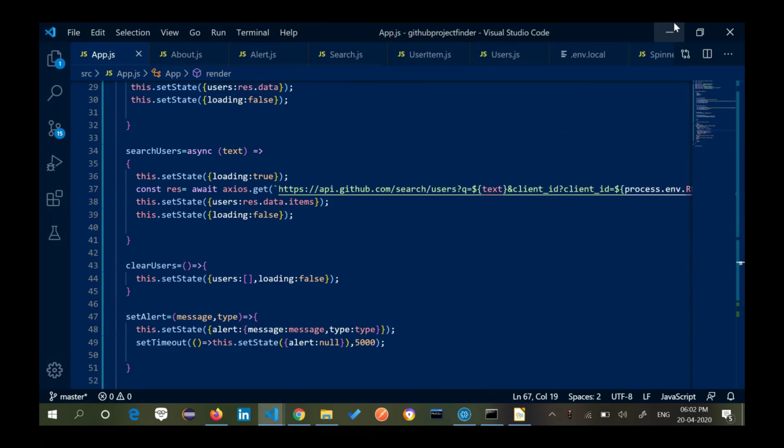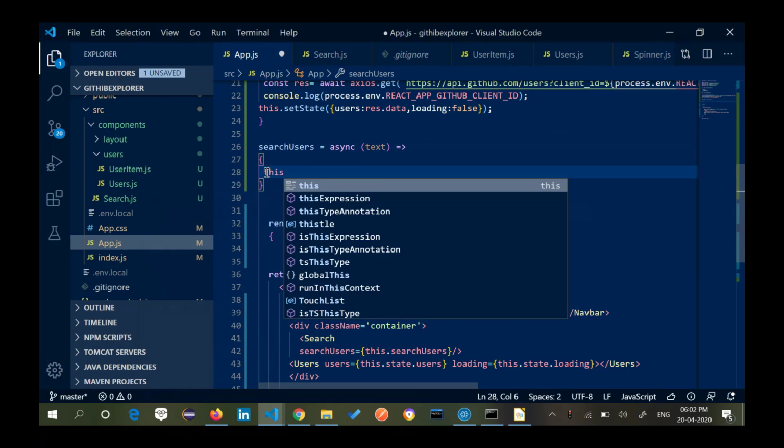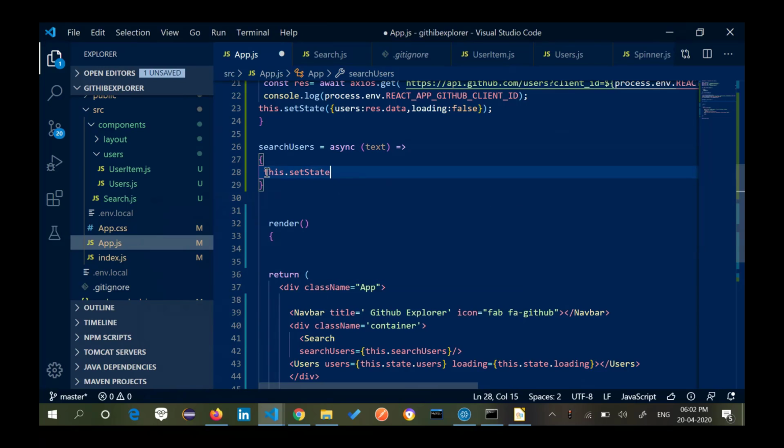Okay, first thing, this has to be outside. So I have got the text. Now this.setState, I'm going to do what?